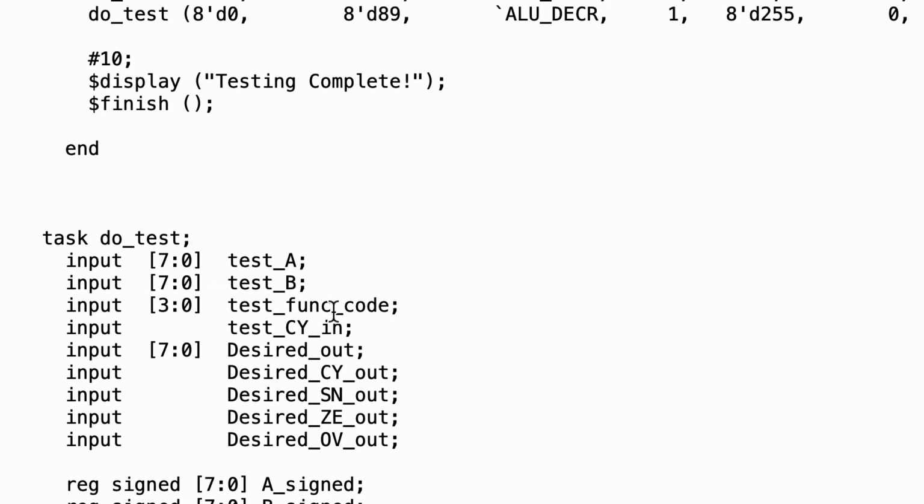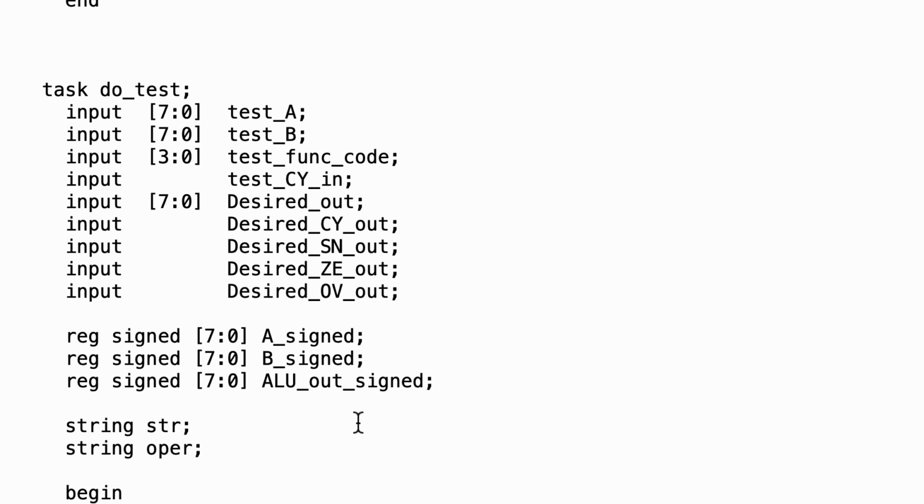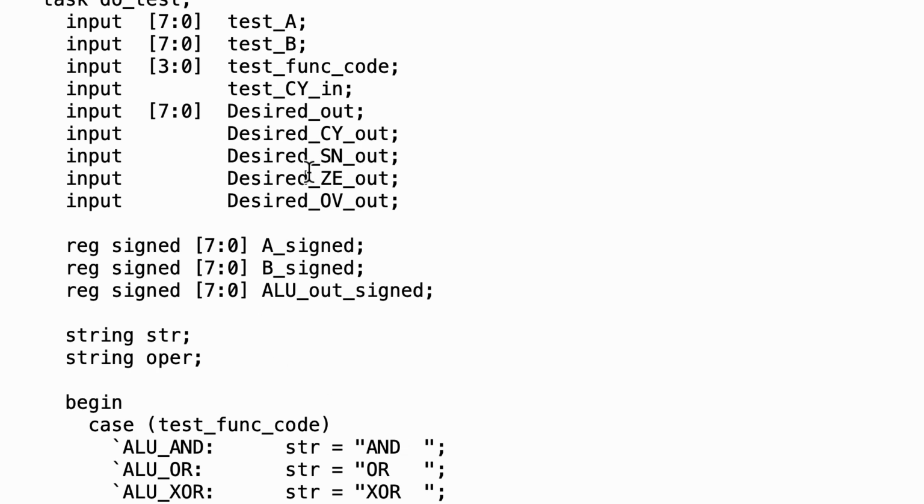The A, the B, the function code, and the carry input. And then we have the desired results, the desired output, and the desired carry, sign, zero, and overflow outputs. And I want to display these values both in hex and in signed decimal notation. So I've got a couple of registers here for the input in a signed version, the A and the B input in signed version, and I've also got the output from the ALU in a signed version. And then